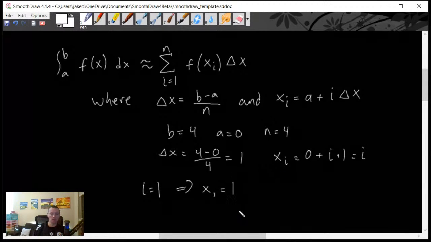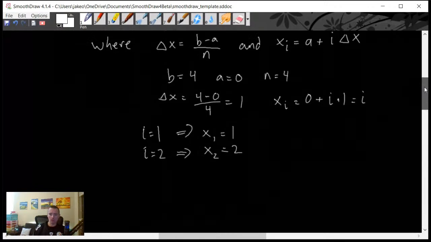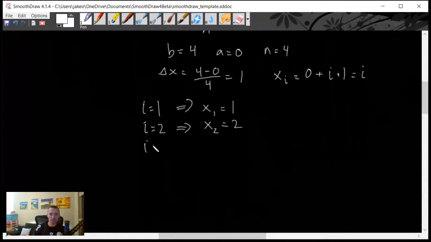It's just going to be 1. Then our second x value, we would just take i equals 2, plug that into this equation that we just got here to get x sub 2 equals 2. And then we would do that again for i equals 3 and i equals 4, which is as high as